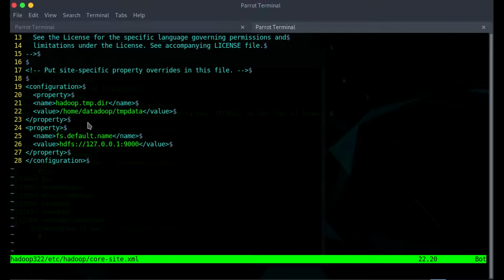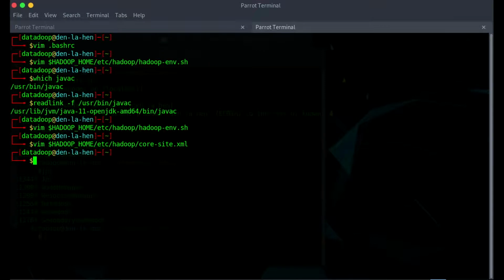Say for example, if your name is Ram, then Ram's Hadoop or something like that, you will have to enter that name here. Once you enter these properties, again escape :wq. So this is done too. You have configured the core-site XML file.